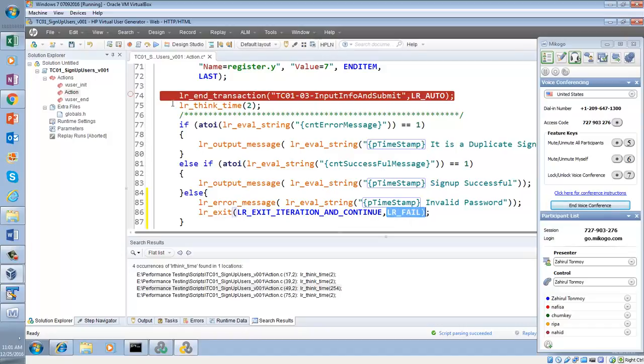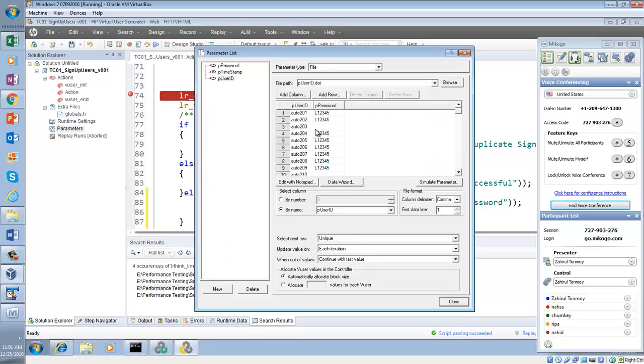Now let me go to parameters. I am going to execute it for this line. Take a look here. If I want to execute it for line number 3, what I will have to do? You have to change the first data line in the run-time settings. First data line, I want to give. See, I want to execute the script for line number 3.